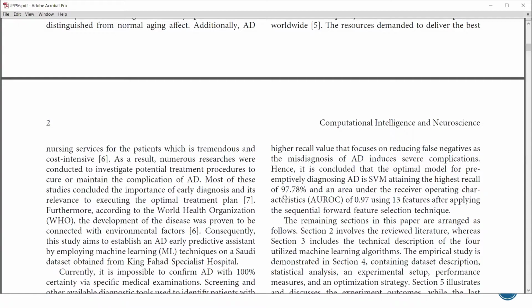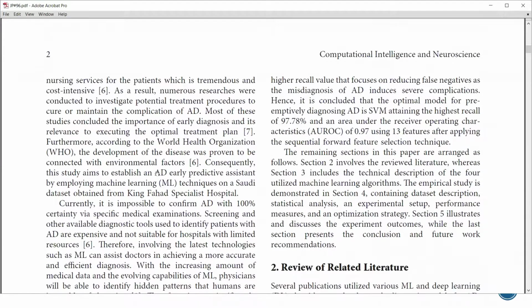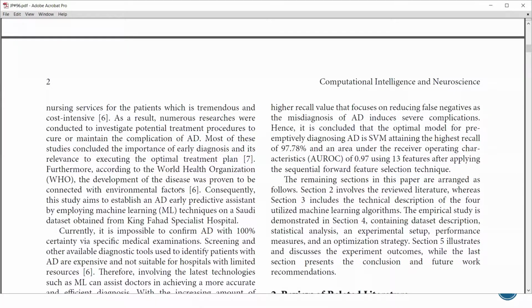gone to, you have actually done the right thing by going into the literature, reading deeply about what you want to do, so that you can be able to establish if there is genuine need for what you are doing. Because we don't just do research or a project, you have to justify that there's need for it. So this you'll be able to do in the introduction as much as possible, cite who, and a lot of